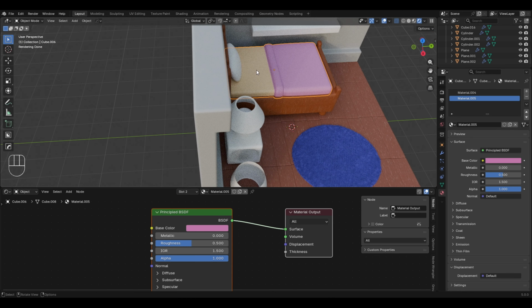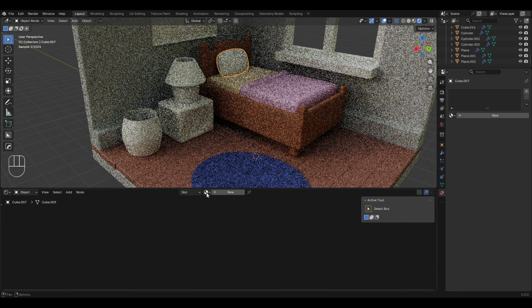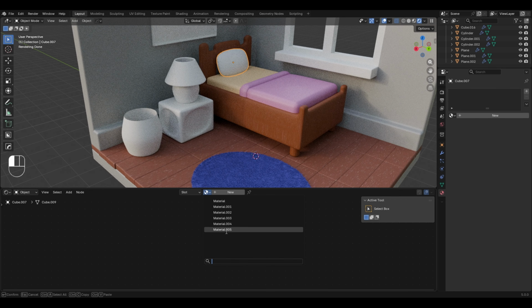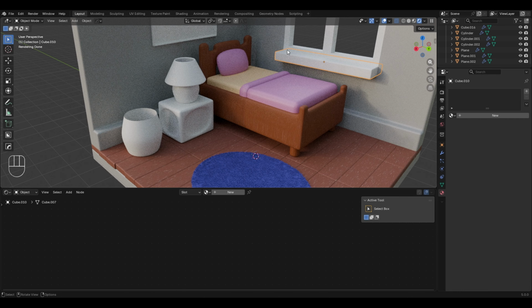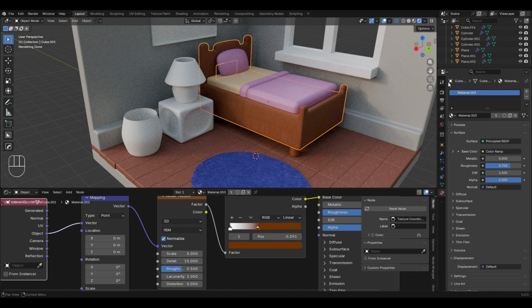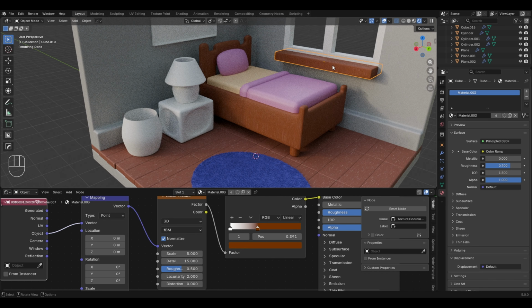and left click. Then for the pillow, I'll be assigning the same pink color that I used over here. So with this selected, I'll click here to open the list of materials that I have, and I'll select the last one which I just created. And now moving ahead, I'll be creating some material for this part which is below the window. In fact, I'm planning to use the same material that I used for the bed. It looks good enough for a wood material that can be used for the part below the window frame. So with this selected, I'll be applying the same material which is named as material.003. So I'll click over here to open this material list and select the material.003,